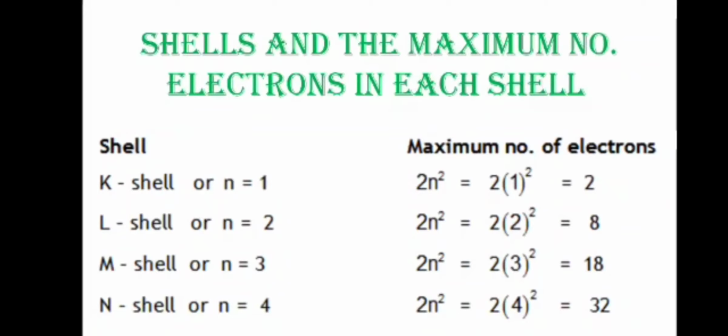So 2 in the first shell, 8 in the second shell, 18 in the third shell and the last shell can accommodate 32. These shells have subshells also, s, p, d, f subshells. In that also we follow which rule? The octet rule configuration, 8 electrons in the outermost shell. So while writing electronic configuration, we follow the octet rule, 2, 8, 8, 8, like that we write. So 8 electrons must be there in the atom, then only the atom will be stable. We will see some examples for that.